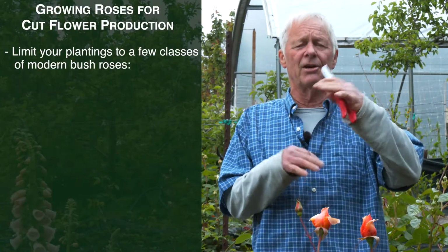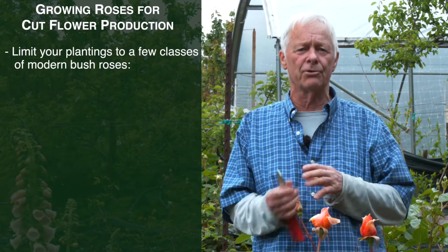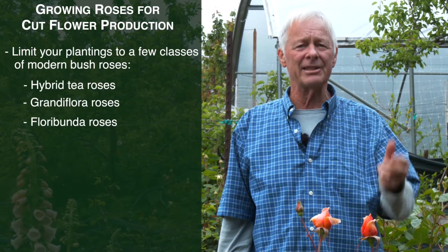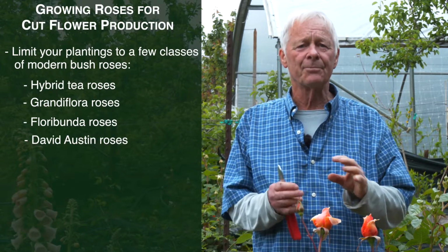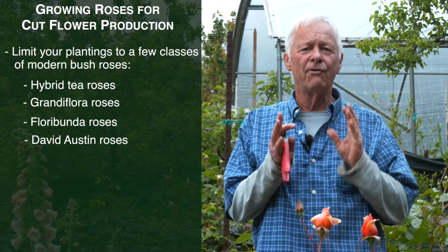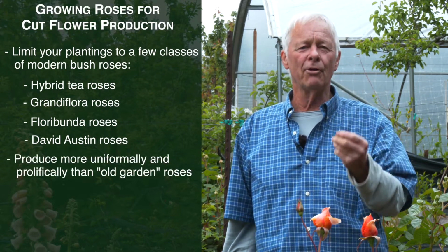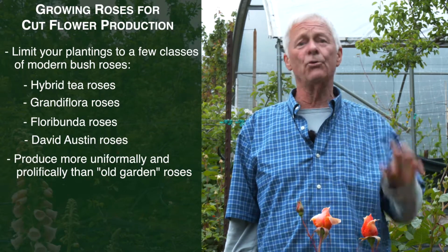If you're going to grow roses for cut flower production, I'm going to recommend you limit yourself to a few principal classes of modern bush roses. Those would be hybrid tea roses, grandiflora roses, floribunda roses, and the great David Austin roses. They just basically fall in line and produce more uniformly and more prolifically than old garden roses,